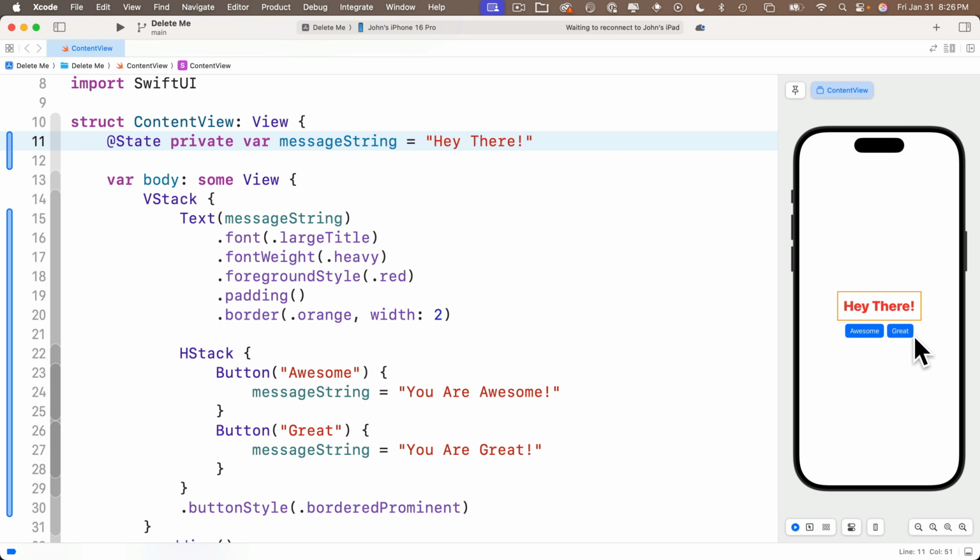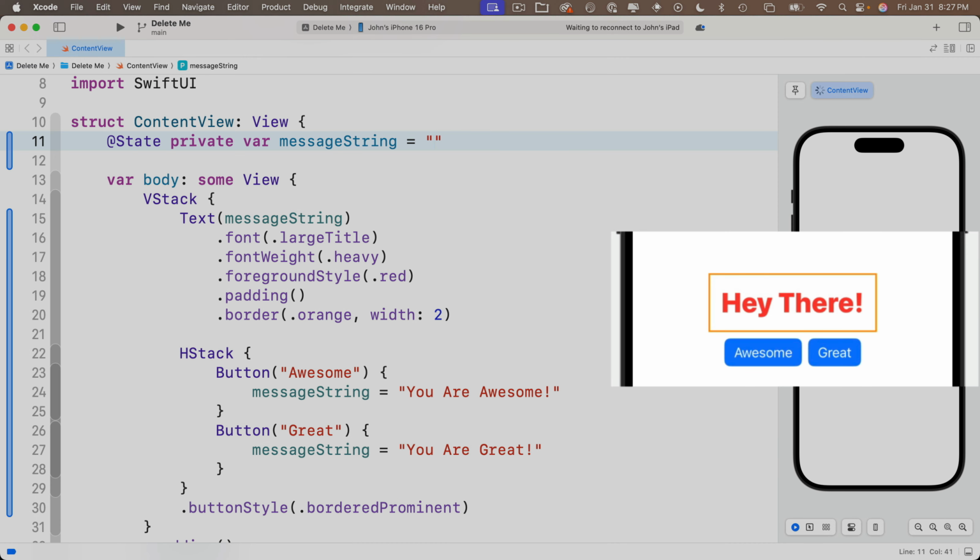Now that padding is around any space taken up by the text field, so that text takes up more space, pushing the buttons down. Cool. So drawing borders around things temporarily can be a useful debugging tool in that this is a good way to see how views are lining up or changing in size as the app runs. And I'll quickly toggle between having nothing in the string to something in the string, just so you can see